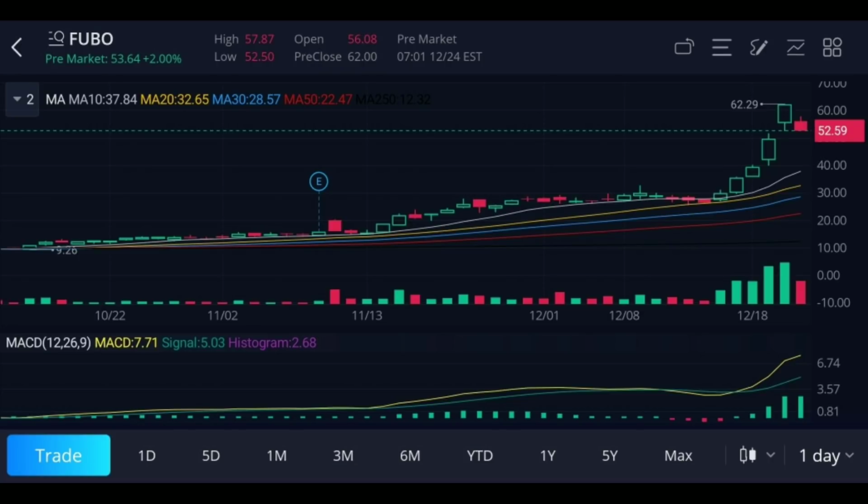Now all you have to do is go in there, whether you're using Robinhood or Webull. All you have to do is own 100 shares of that stock. Once you own 100 shares of that stock, you can sell what they call covered calls on that stock, using that stock as collateral, basically leveraging your assets.